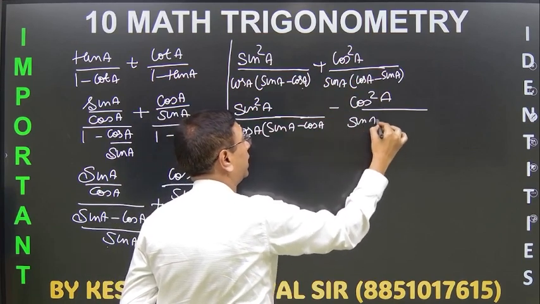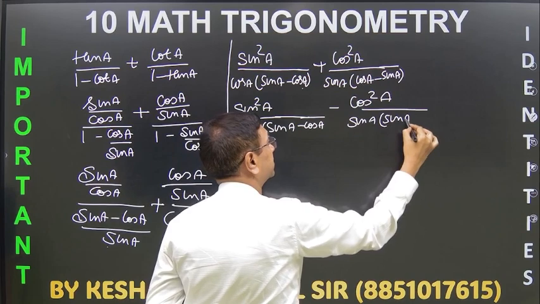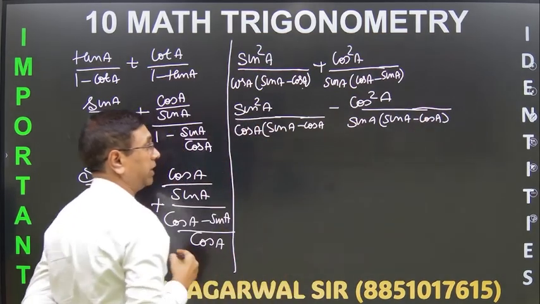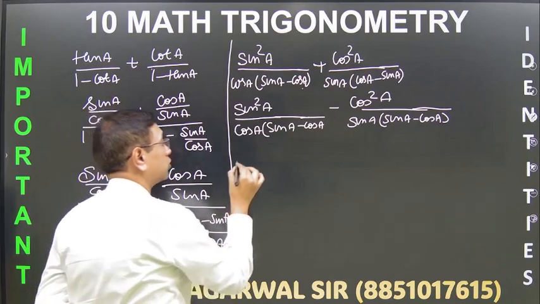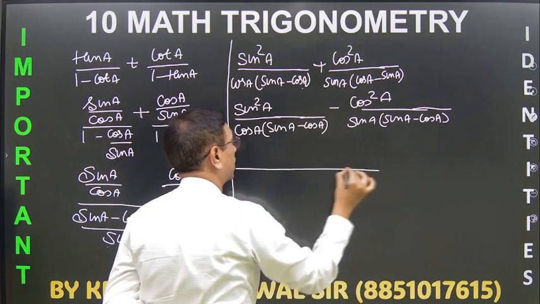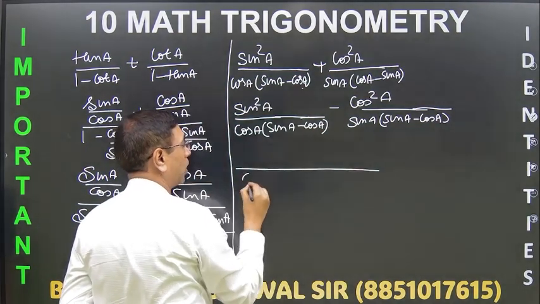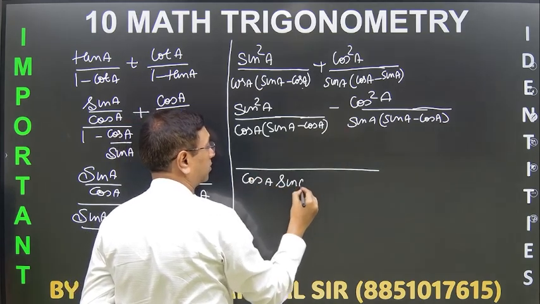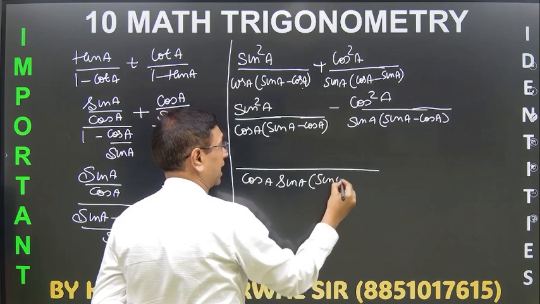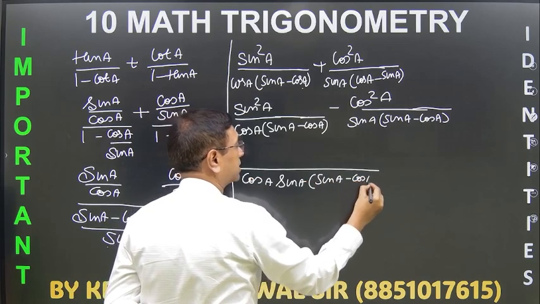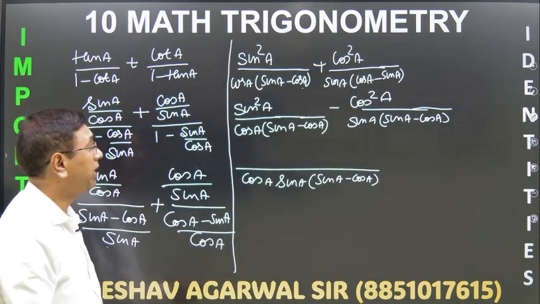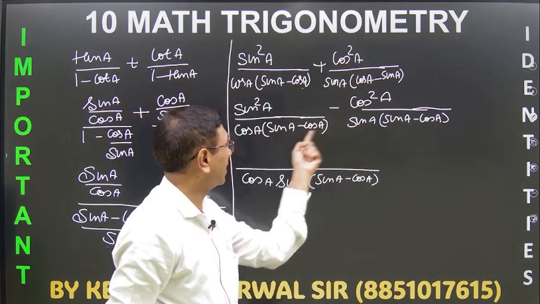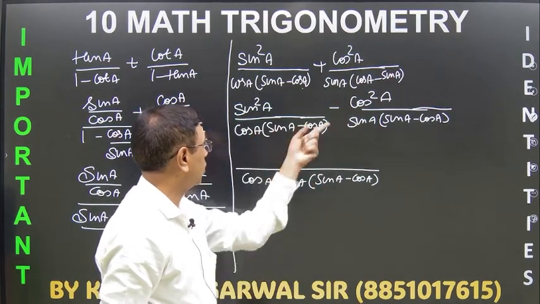क्यों ले लेना है? So that कि ये सेम हो जाए. ठीक है. So what is going to become same? ये. So what are you going to get? LCM क्या होगा? Cos A. Very good. Sin A. Very good. And sin A minus cos A. So when you will take LCM, this will become cos A into this. So this factor is common, तो सेम ही आ गया, और cos A sin A.